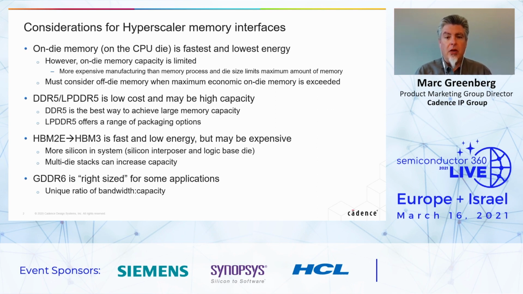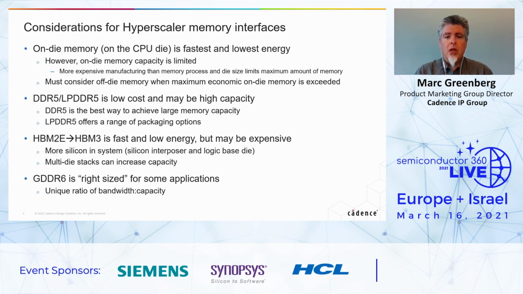So the first one that people a lot of times will think of is just using on-die memory, right? Using cache or SRAM or maybe some embedded DRAM, whatever it may be, putting it on the CPU die. It's a great way to use memory. It's very, very fast and it's very low energy, but you can't have a lot of it. You're limited to a certain number of megabytes of data within those caches. They can't get as large as adding multiple extra dies of RAM that you could do with external DRAM. So in most cases, you're going to be limited both by the capacity as well as the cost of on-die RAM, and it's going to force you into moving that RAM into off-chip things like DDR5, LPDDR5, HBM, or GDDR6. So the rest of the conversation today will be talking about these off-die RAMs that people will use in